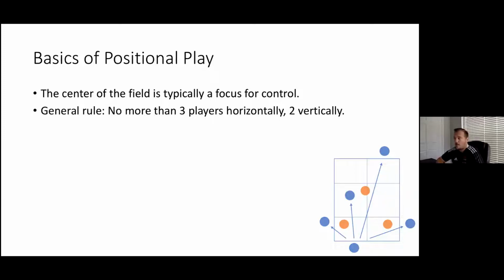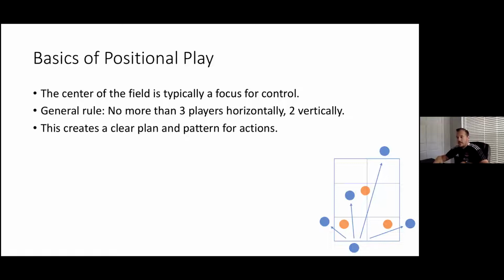And you saw in that picture that we just did why the reason is there. You don't want more than 2 players vertically, because you saw in that left side, the red lines, where if there's more than 2 players vertically, there's passing lanes that aren't there now, that don't exist, that could easily exist. They're just on different lines. So that's a general rule. And then because you have a clear structure and you have these clear rules and ideas, it becomes a really clear plan for your players, and they understand typical patterns that happen in that.